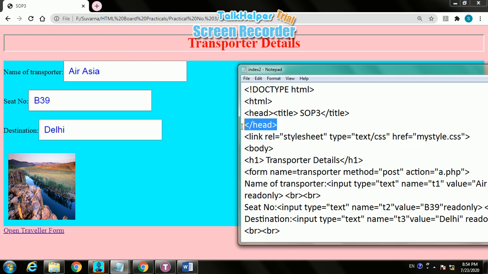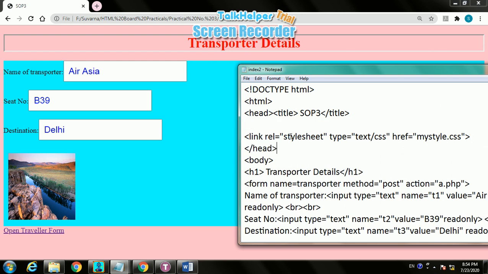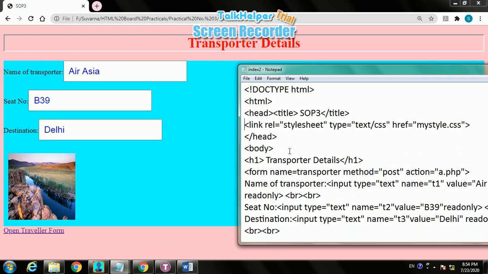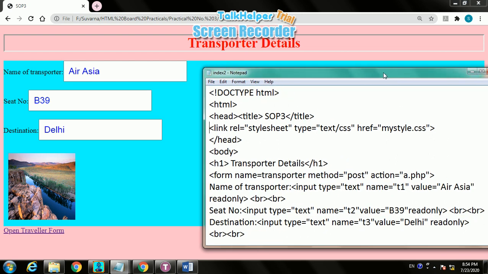We can provide it after end of head or before end of head, it makes no difference. Link rel stylesheet. Then type text/css, href equal to mystyle.css.